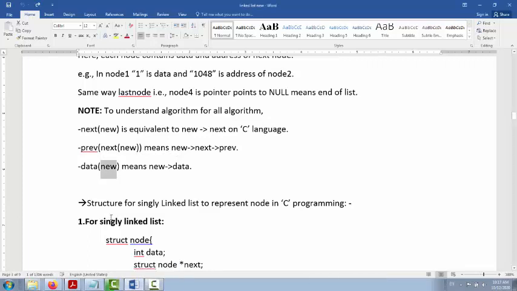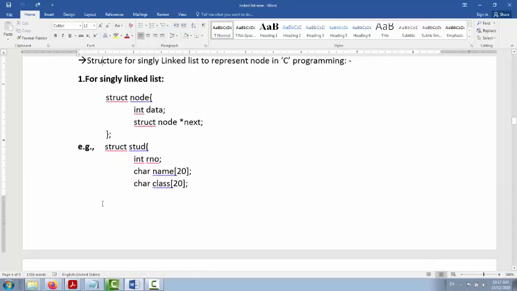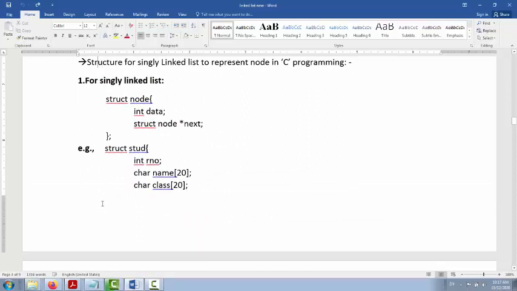Now the structure for the singly linked list to represent the node in C programming. Let us see the structure for the singly linked list. This one is the programming structure. First we define the node. For the structure declaration we have to use the struct keyword, then node.